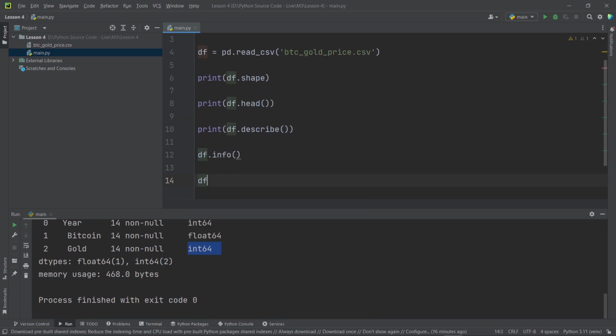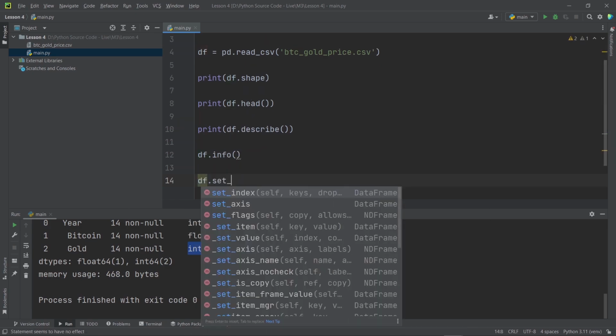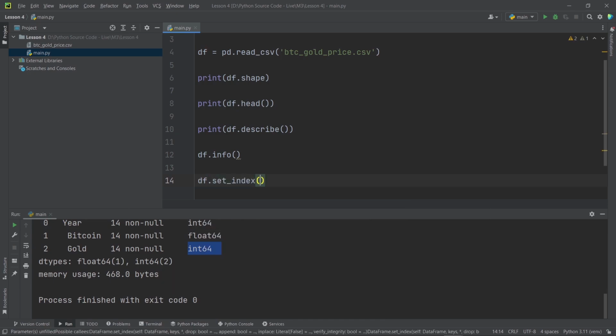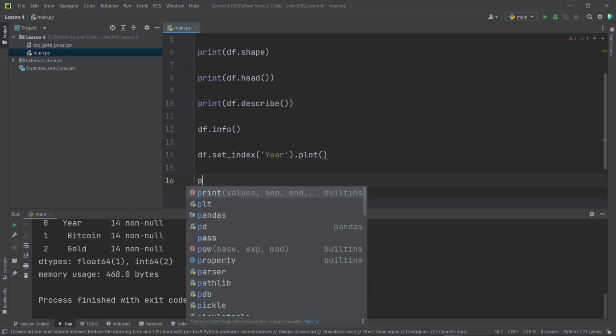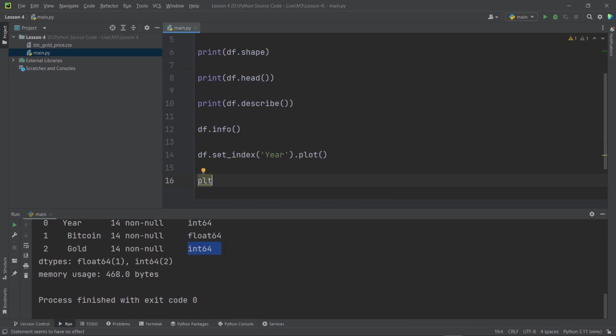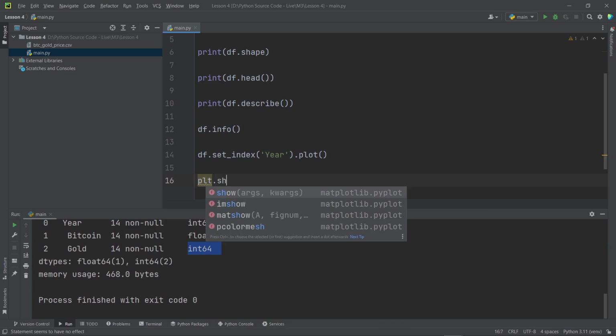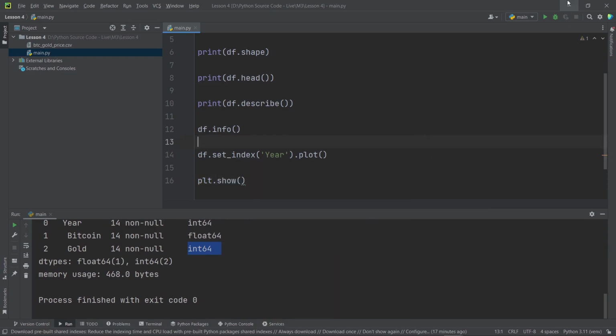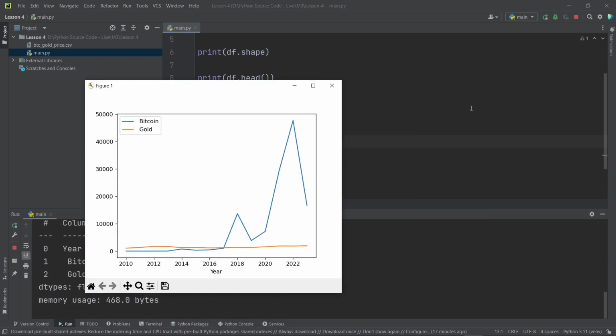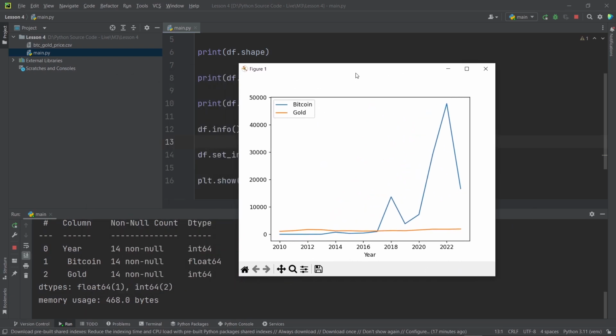Great. So one last thing, let's actually display our chart. So I'll call df.set_index, and I'm going to set the index for year over here, and then I'll simply just do plot. And on a new line, I'll actually display the actual graphs. So plt.show. And now if I run this code, you'll notice that I've got an identical chart to the one we had previously. The only difference is that our labels are here in the corner of our chart, but the trend is basically